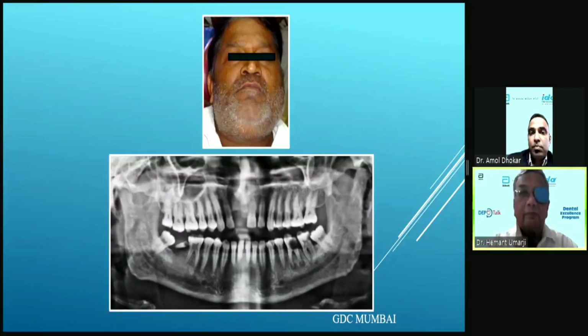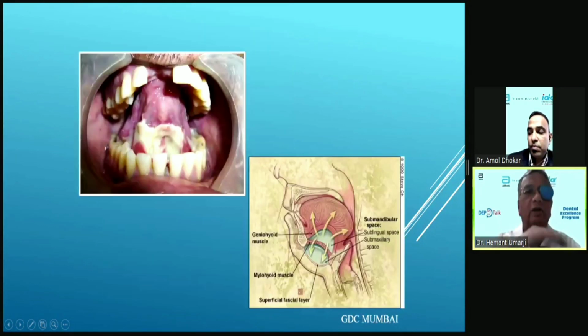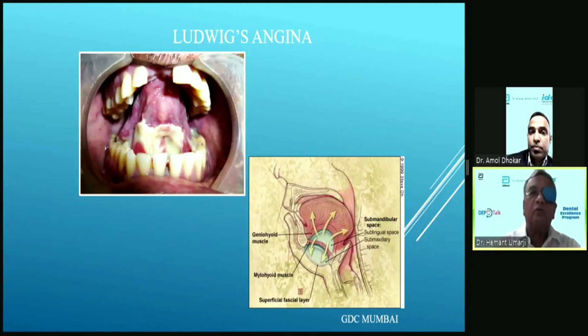In this case, the patient is obese, but actually this is the swelling in the submandibular region, and the lower 6 and 7 both have caries and periapical infection, and in this case the pus has already started draining from the sublingual area. So this is typical Ludwig's angina, and one has to be careful about Ludwig's angina, and you should not try to treat it in the clinic. Better to send such patients to a nursing home or to an oral surgeon who can manage them better, because it can be a surgical emergency.